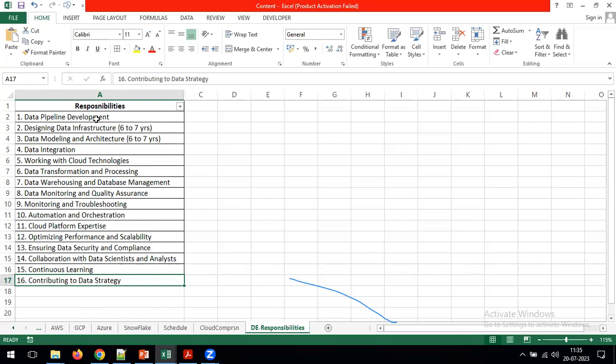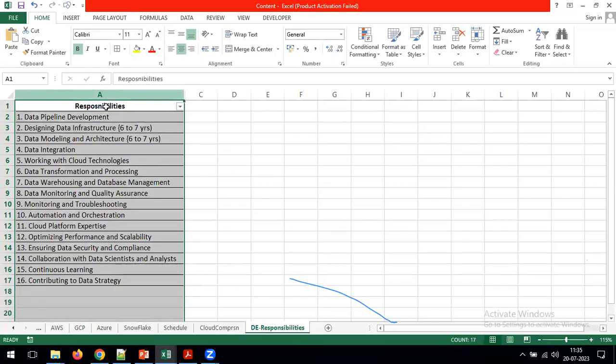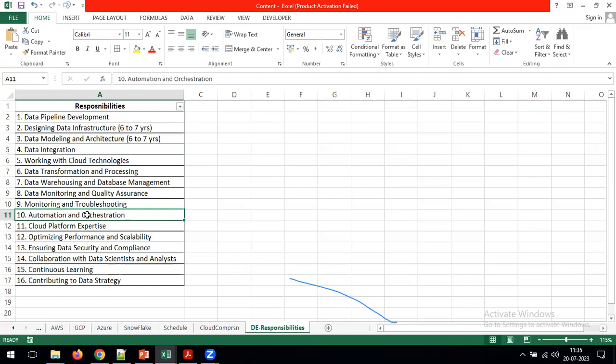All these are the different responsibilities we play as a data engineer in real time. Now some people may immediately ask, sir, you simply open the Excel sheet and read all these things, how can we understand all this? Once you join the course, we are going to discuss all these things. After 45 or 50 days, if I open this Excel sheet, you yourself can explain the meaning of data integration, the meaning of orchestration, and the meaning of optimizing the performance.